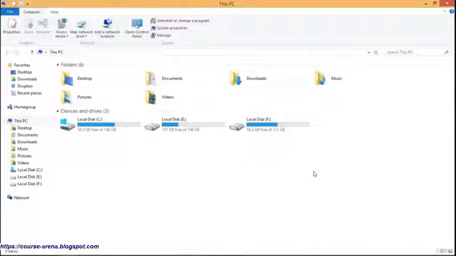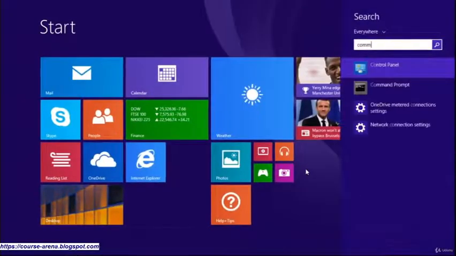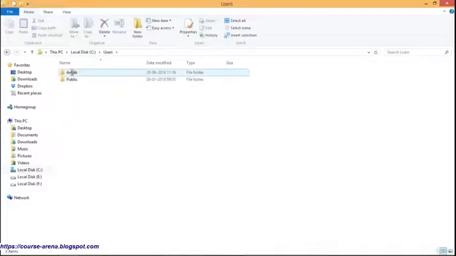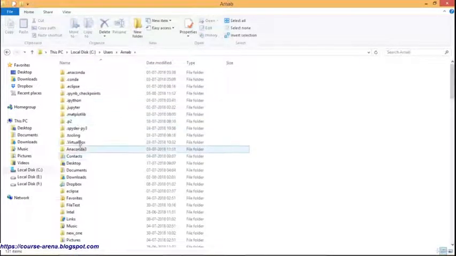Python coding can be done in three different ways. The first one is the immediate mode, the next one is the script mode, and the last one is using an integrated development environment, that is, an IDE. So first we're going to discuss how we can do the coding in Python in immediate mode. Here we are opening our command prompt and going to the respective folder, that is C colon, users, the username, and Anaconda 3.